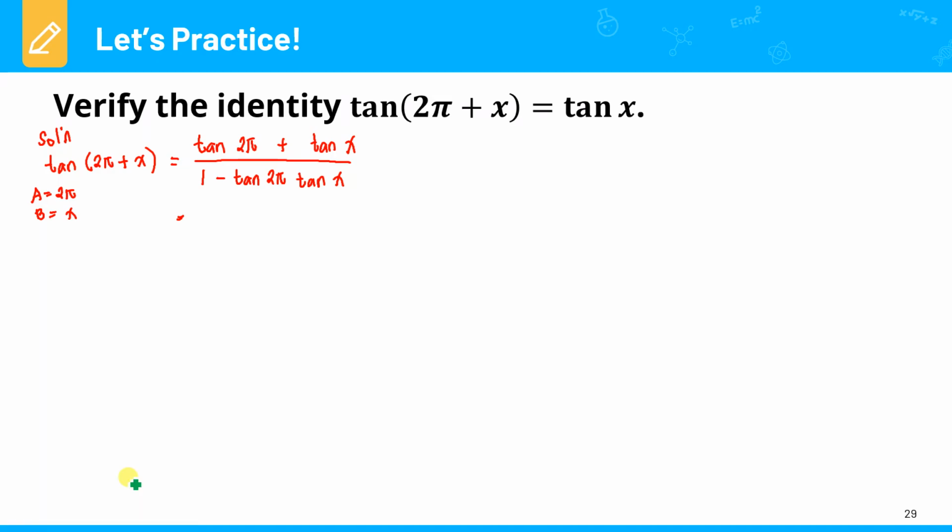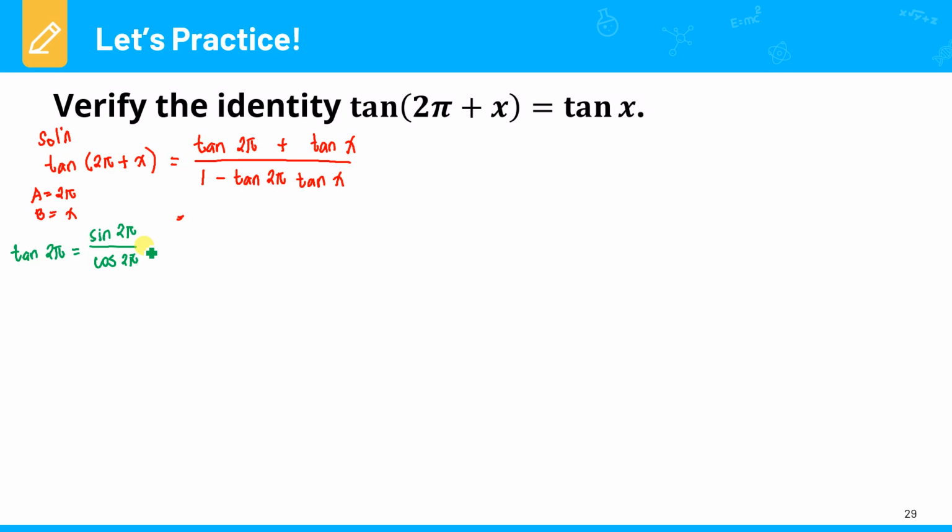Now take note that tangent 2 pi can be expressed as sine 2 pi over cosine 2 pi. Now take note that sine is the x coordinate, and the cosine is the